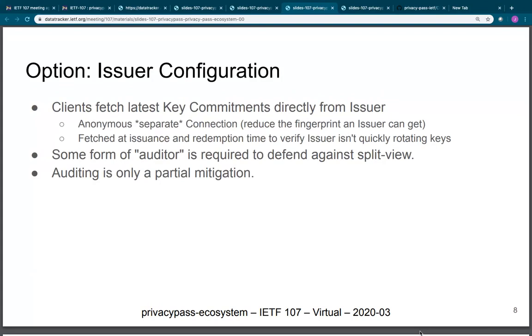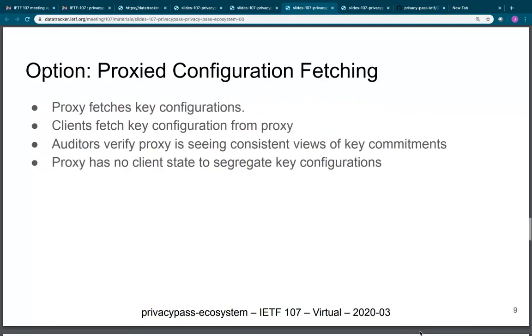So directly fetching key commitments from an issuer is kind of a messy option and not great from a privacy perspective. Next. The second option is having some sort of trusted proxy that is responsible for doing this fetching of